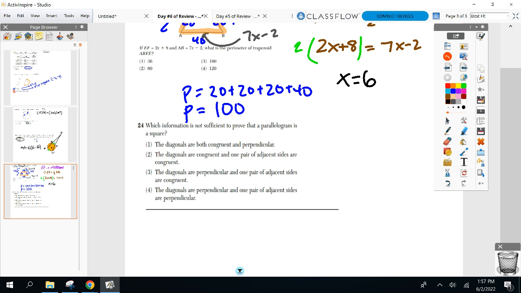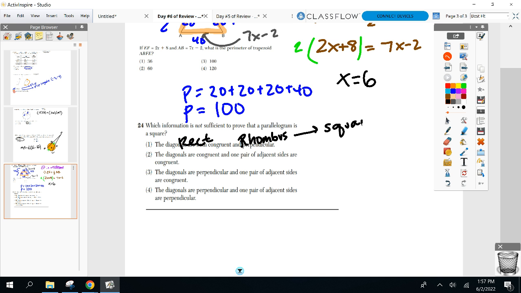That's a multiple choice question, if you're wondering. Can you get that? Which one's not sufficient to prove a square? Okay, look at example 1. Diagonals are congruent. Anybody know what figure I'm talking about if the diagonals are congruent? Diagonals are congruent in a rectangle. Where are they perpendicular? Rhombus. So I'm giving you a property of a rectangle and a rhombus, and then from our proof, that equals